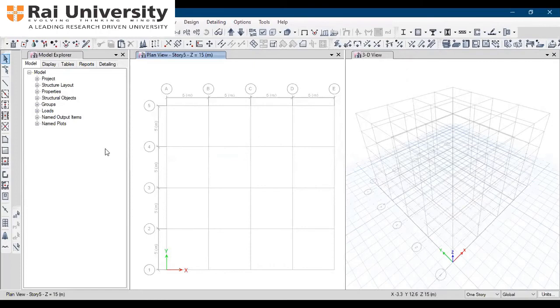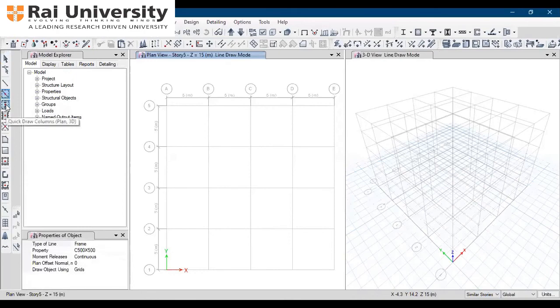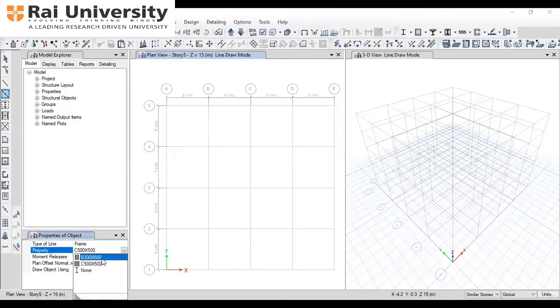The third step is to assign column and beam sections. For that, you have to click on Similar Stories. Then go to Quick Draw Beams and Columns. First is for beam. In property, you have to select the beam.